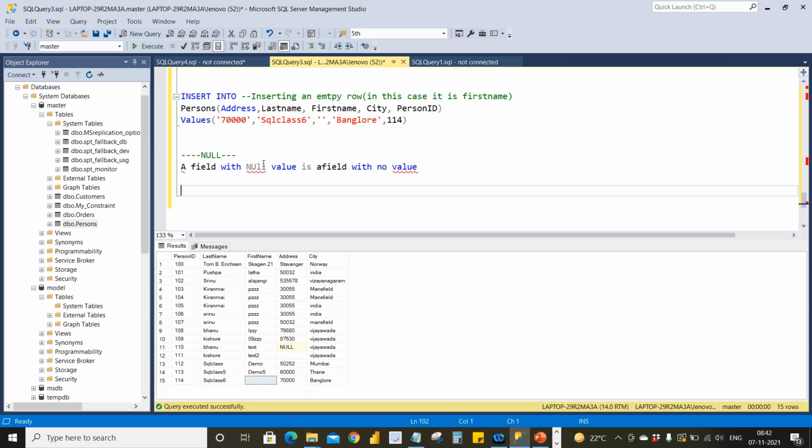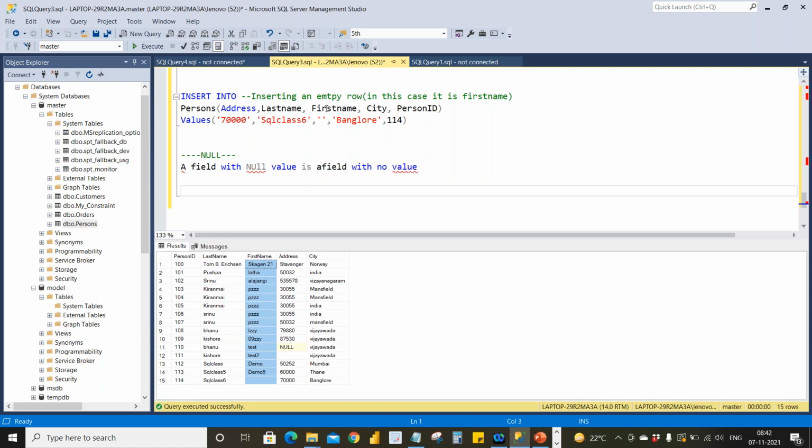If a field in a table is optional, suppose, in practical, not here, in practical at least one field will be mandatory, and it may be one or two or more fields that are mandatory. But here nothing is mandatory. In a practical way, if a field is optional and you are not inserting any value there, it will take as a null value.